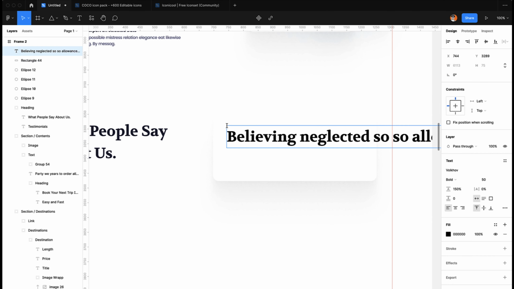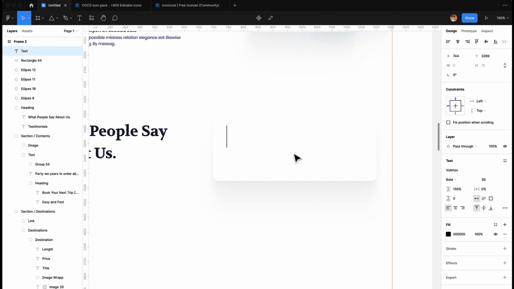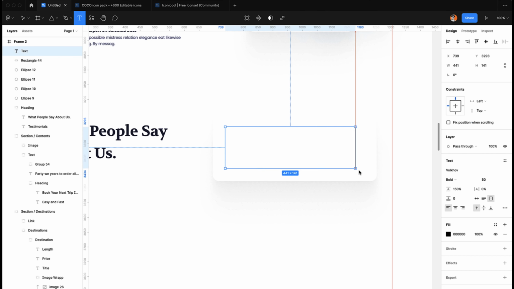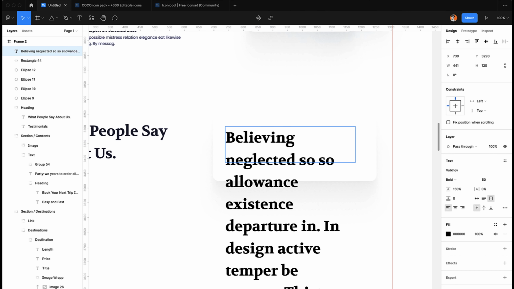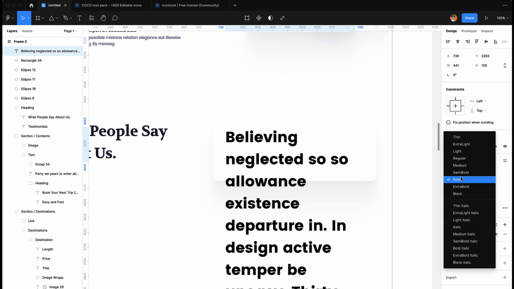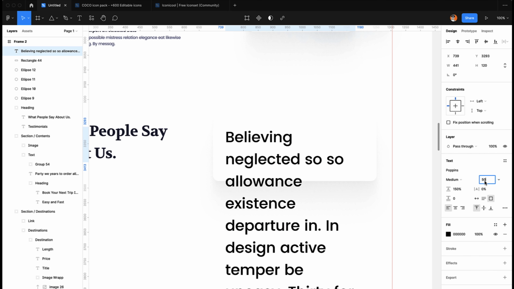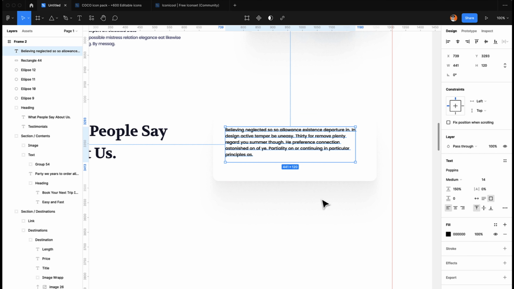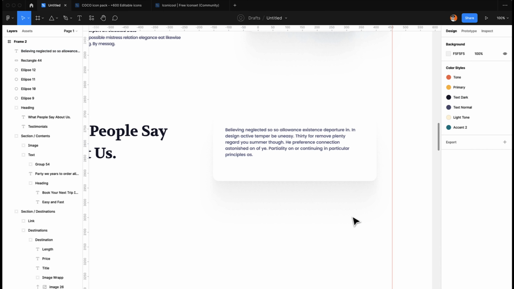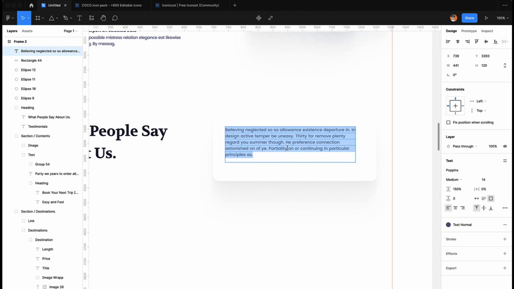Text in Poppins, make it medium 14, and the color, as we are using this color, maybe this is too much, so we can remove this extra text over here, and